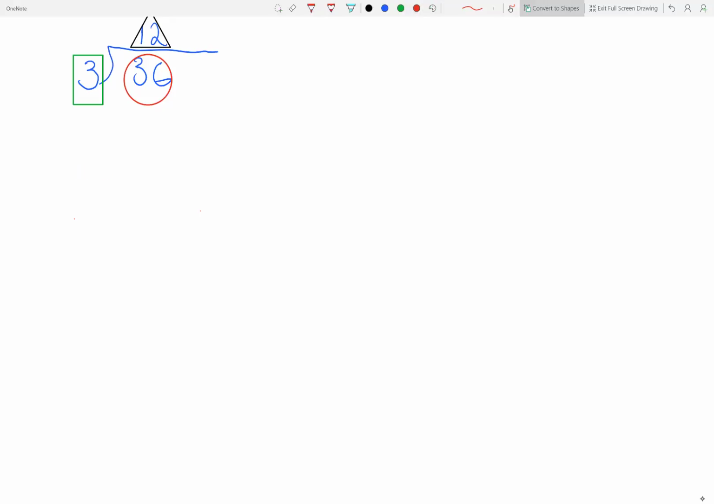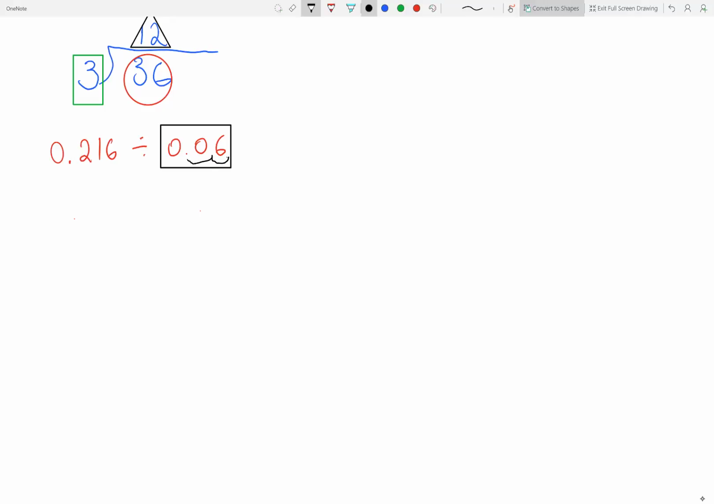Let's try a different question. How about 0.216 divided by 0.06, or 216 thousandths divided by 6 hundredths? Now what we need to do is turn the divisor, which is this number here, into a whole number, which means that we need to move this decimal